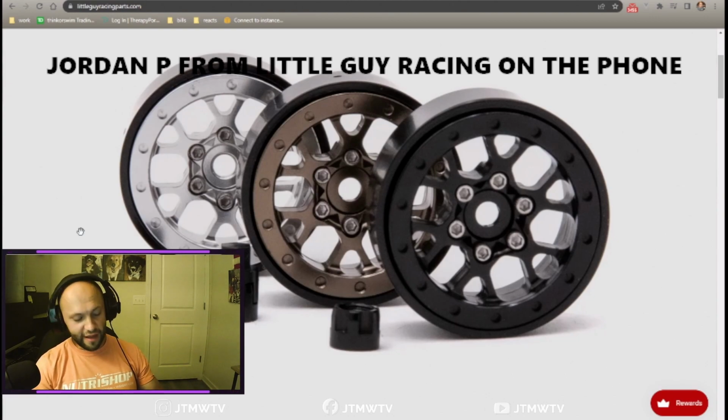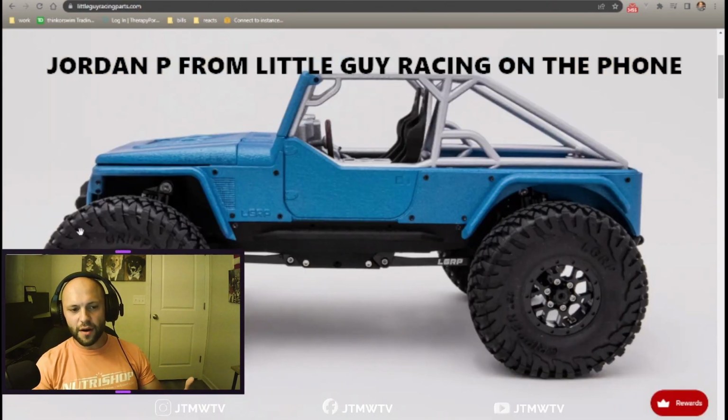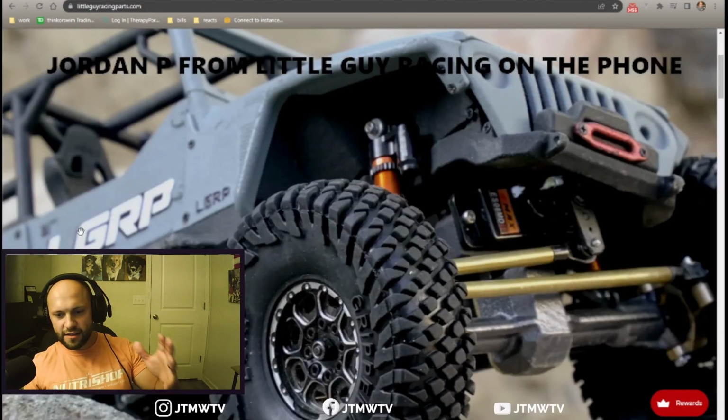I have a Deadbolt. I bought the Deadbolt. I bought the Jeep. And right out of the box, the price point is pretty low, entry-wise, just getting a 24. But out of the box, it just feels so dinky, right? It's not that wide. It's a paperweight. I've had multiple people reach out and say they have a 24, and I ask, do you ever get out and do anything with it? And they say it's not as fun as they thought it would be,